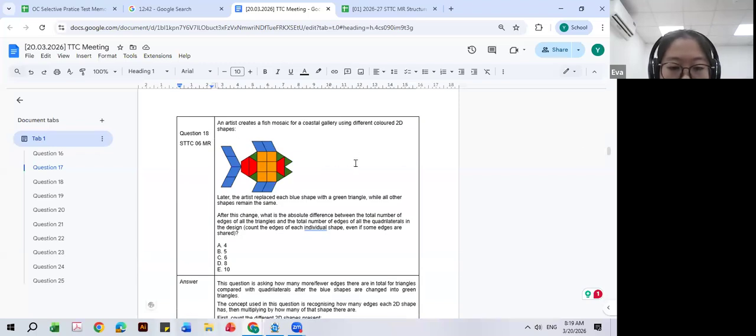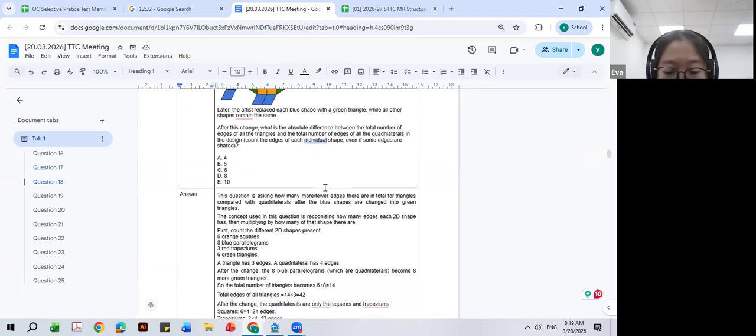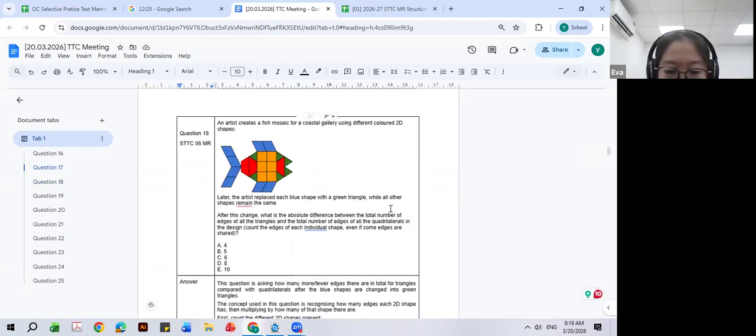And question number 18, we have a fish mosaic below, and the artist will replace the blue shape with the green triangle. We are asked to find the difference between the total number of edges of all triangles and the total number of edges of all the quadrilaterals in the design. First, we will find the number of each shape in the fish. We have 6 orange squares, 6 green triangles, 3 red trapeziums, and 8